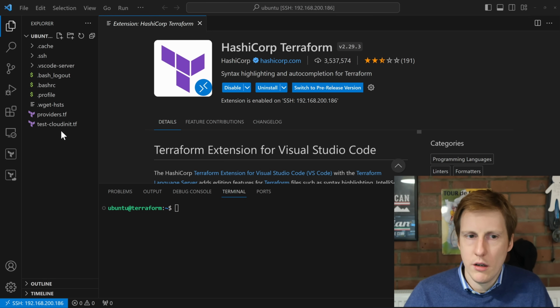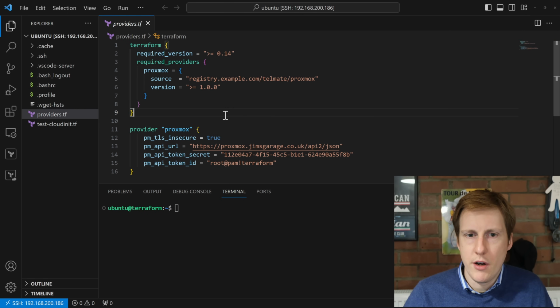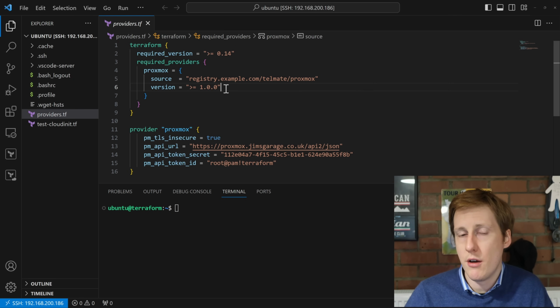So let's have a quick look. In the providers file you can see here, I've created a provider, I've specified a version, and then I've created a separate provider for something else. The first one, which is in these Terraform parentheses, you can see that I've created a registry and I've specified a version. This process is exactly the same no matter which provider you're talking about. And those provider plugins are what I talked about earlier. In this instance, I'm actually running registry.example.com, I'll come on to that in a moment,